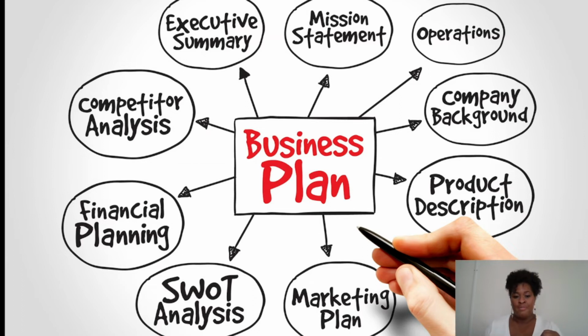The marketing plan is pretty self-explanatory here, but really you're talking about how you are going to be attracting and going after your target customer. So you're literally understanding who your customer is, you're creating that buyer persona, and then you're creating that buyer profile based on that persona. What is your buyer's age? What do they do? How will you find them?